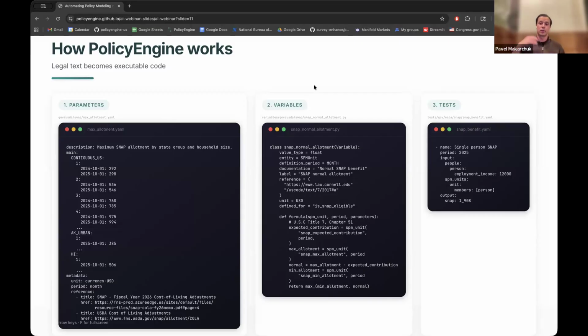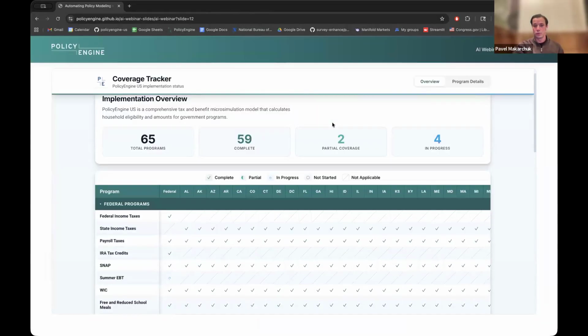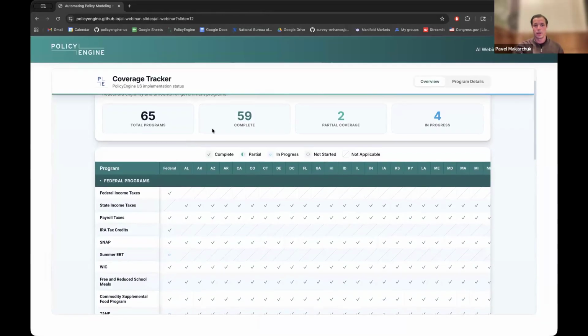And then we have tests. So we write unit tests. Each individual formula is tested from different angles, edge cases, counterfactuals, to see that it actually behaves the way we expect. And we also write integration tests. So given a set of inputs such as employment income and age for a household, what is the actual benefit amount, without giving it any of the intermediate calculations, to test it end to end and not just in isolation for the individual values. And we've applied this to numerous programs throughout our system.